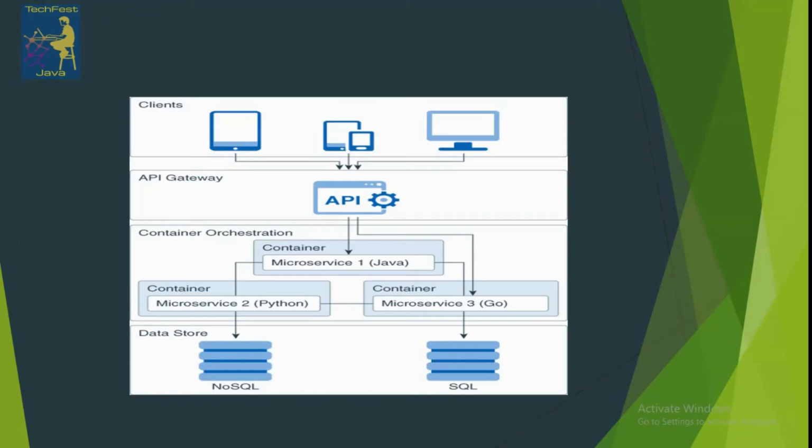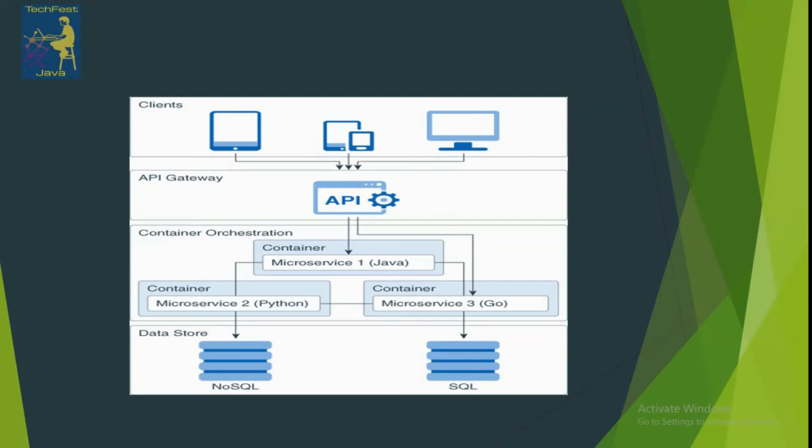As we have seen in this diagram, these are the clients. A client can be a desktop application, a mobile application, or any other medium. Suppose we have an e-commerce website, and for that we have created a microservice architecture.